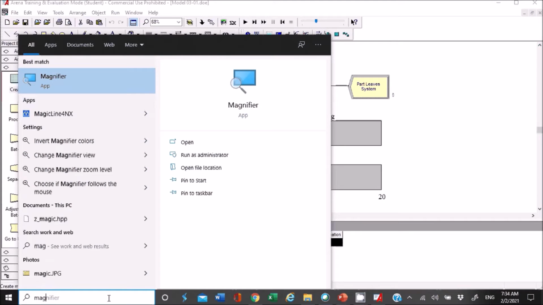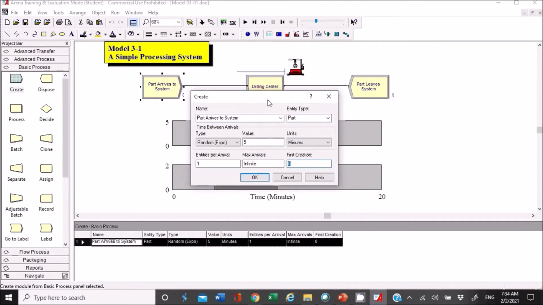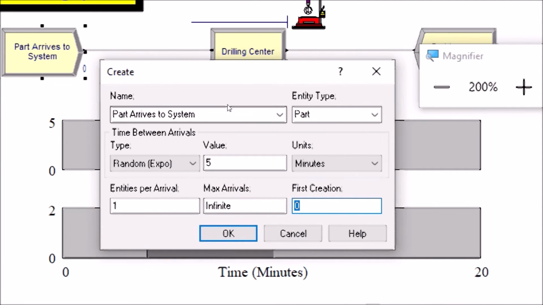let me use a magnifier for you. Okay, so it's better, right? So part, and then the first generation of the part is 0. Okay, and then the maximum library of the entity is infinite,